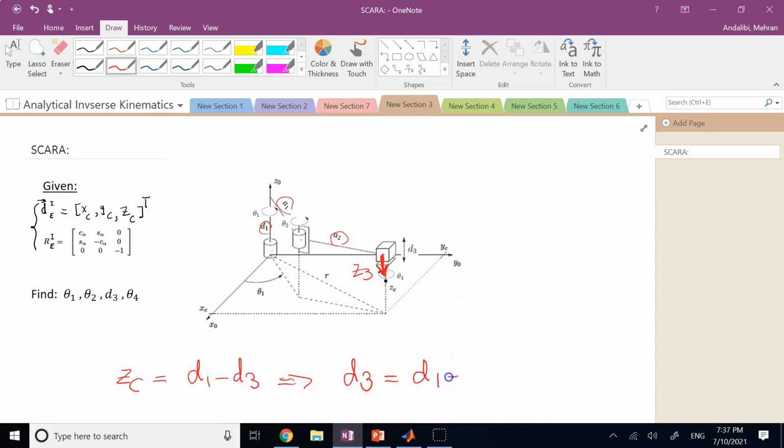It is going to be D1 minus ZC. D1 is a constant of the robot, ZC is given to me. There we go. So this is my prismatic displacement. D3 is D1 minus ZC. Not a big deal so far, very easy. What else? Okay, now if you look here at